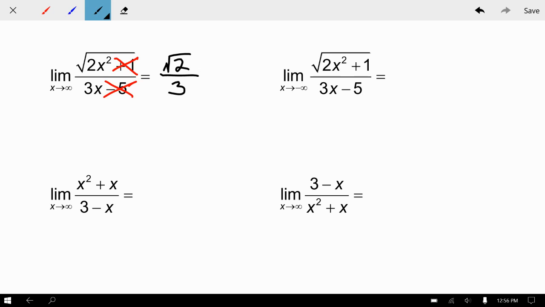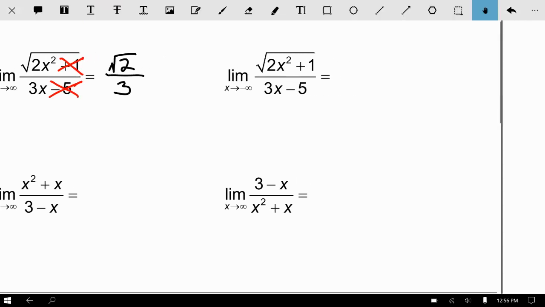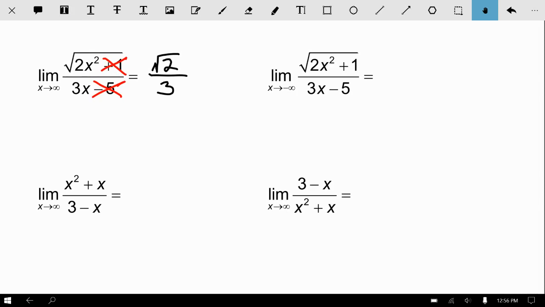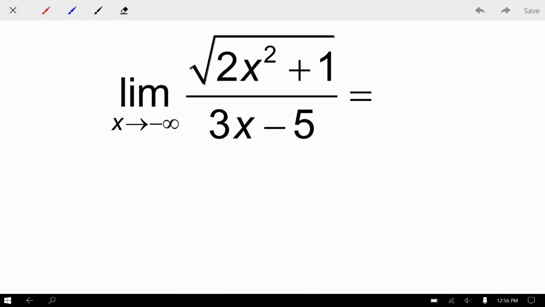Now, where you have to be careful with that reasoning is the next one, which is the exact same function. However, this time we're taking the limit as x approaches negative infinity. So it's still the same idea. These things don't really matter as x gets very, very large. But now you want to be careful because we're using a negative number. So if I were to plug in, and I like to use 1,000 when I'm dealing with infinity just to make it easy to think about,